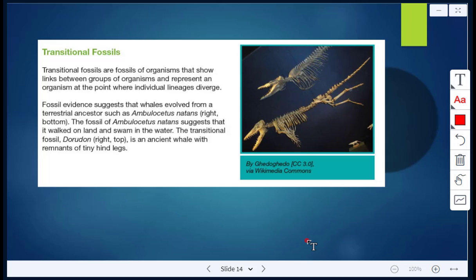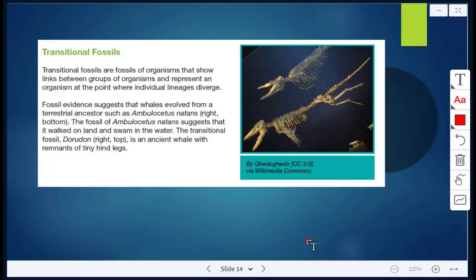Then there are transitional fossils. These are fossils of organisms that show links between groups of organisms and represent an organism at the point where individual lineages diverge. So here, in this example, fossil evidence suggests that whales evolved from a terrestrial ancestor,